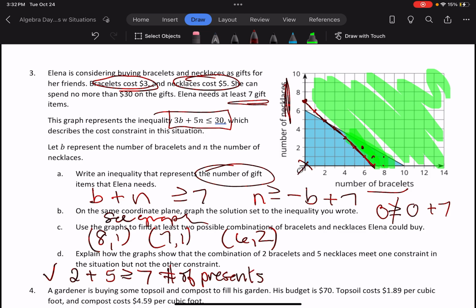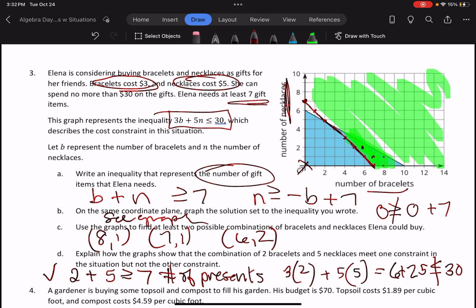But in terms of cost, if we were to have 2 bracelets, that would be 3 times 2 plus 5 times 5, which is 6 plus 25, which is 31, which is not less than or equal to 30, which is our budget, right? We can also look for that point, so 2 comma 5, yeah. 2 comma 5